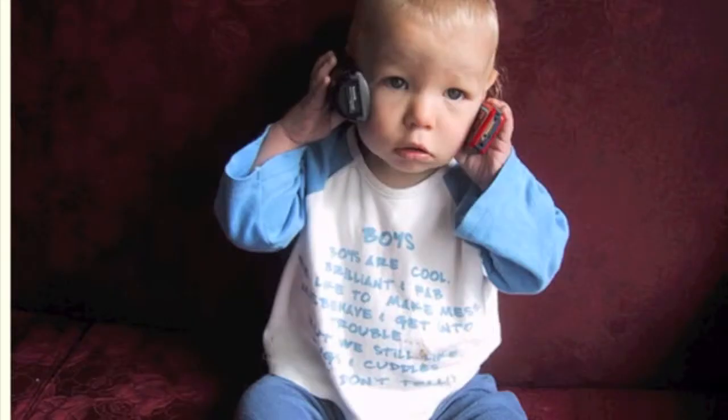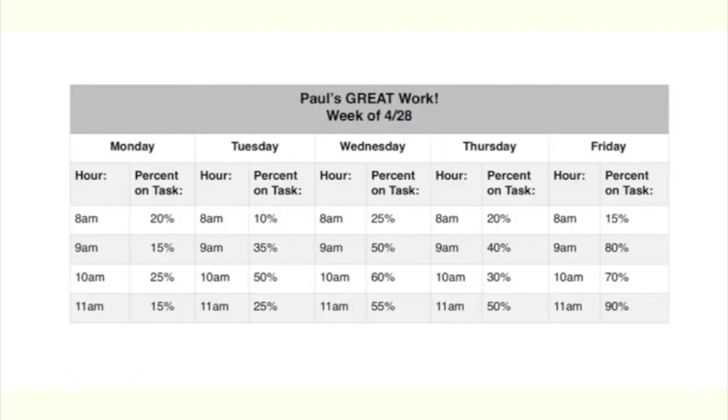For my action research project, I chose to look at the implementation of some behavior modifications for a student that I work with. This student has displayed a mastery of task refusal and avoidance. This chart shows a percentage of Paul's on-task behavior that's documented by his teachers at the end of each hour. As you can see, he is very difficult to keep on task.